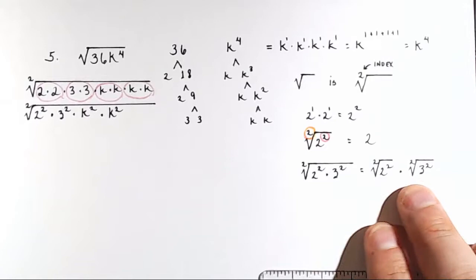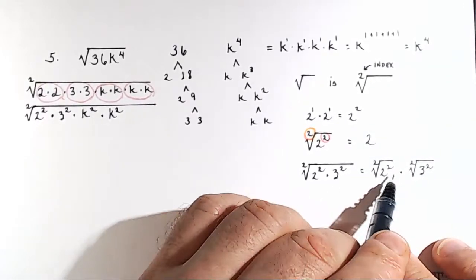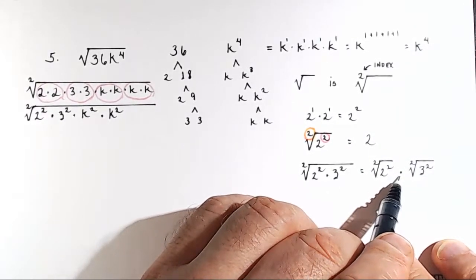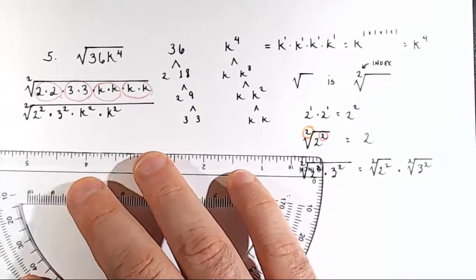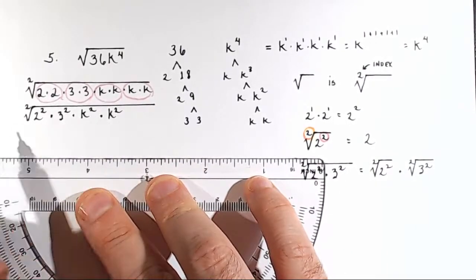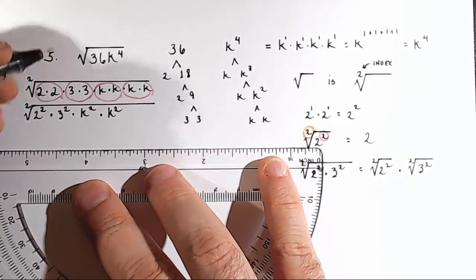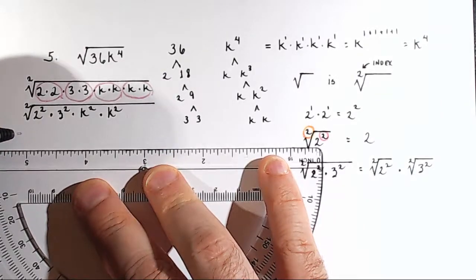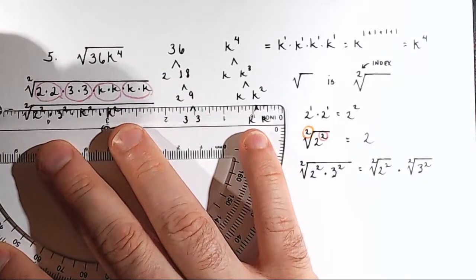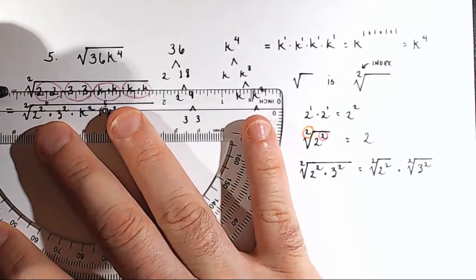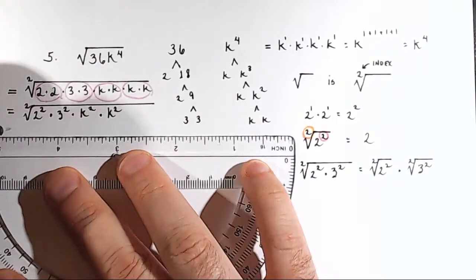Okay, make sure you pay attention to that. So we just break it up. Everywhere we see a dot, we're going to break it up. So here we're going to break this up into 4 separate roots, and y'all like how this turns out. So this is equal to, should be writing equal to. This is equal to